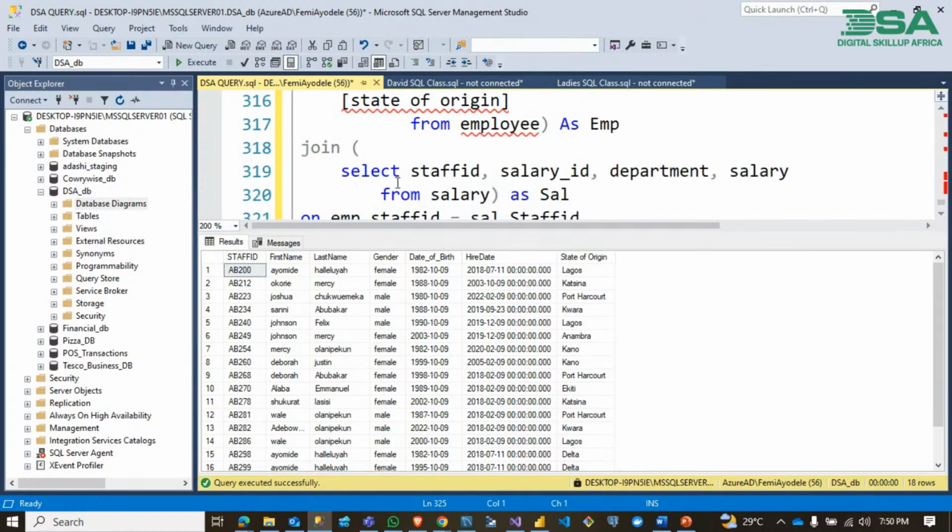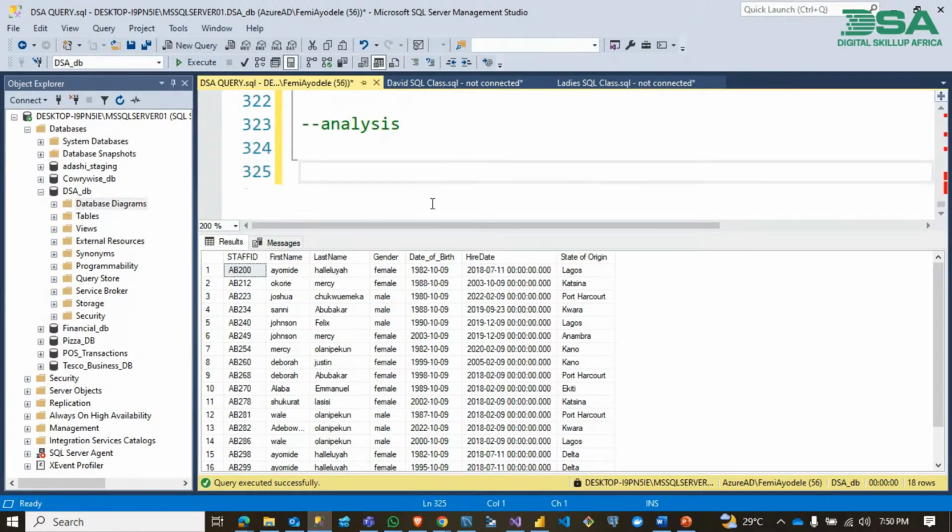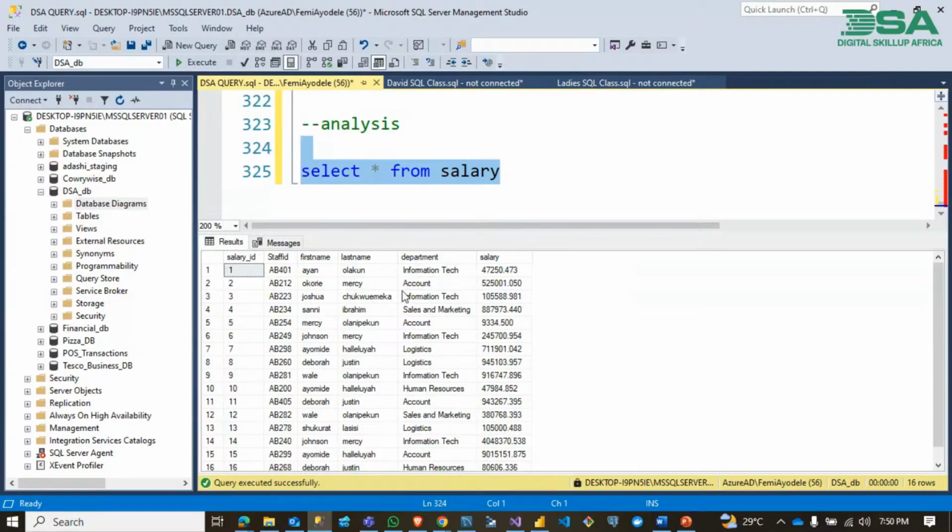Employee table. Right. Then let's check the salary table. Select all from salary. Okay. So we have